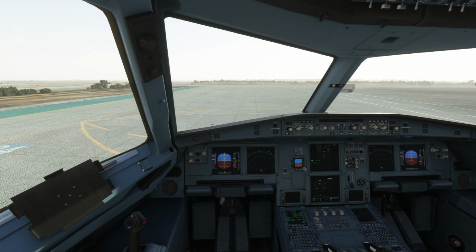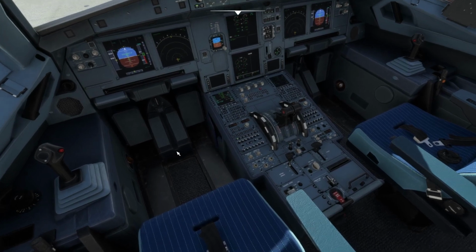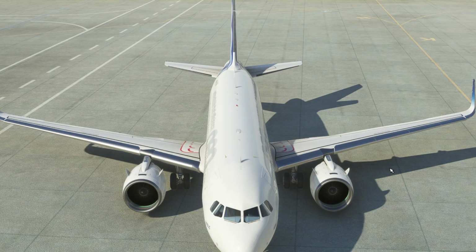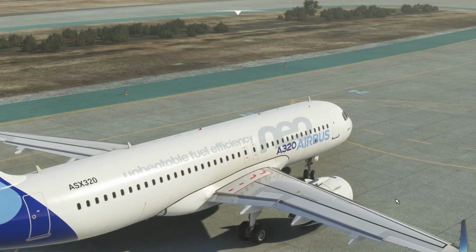In some cases, in some performance calculators, the flaps were set to 2 when you have got some weight, you're carrying a good number of passengers and some good cargo, and you've got more fuel. So maybe you can take off at 2 because you need additional lift, but remember it also creates drag. We have to set the position of the flaps to 1, and let's move it to 1 and let's see. You can see now